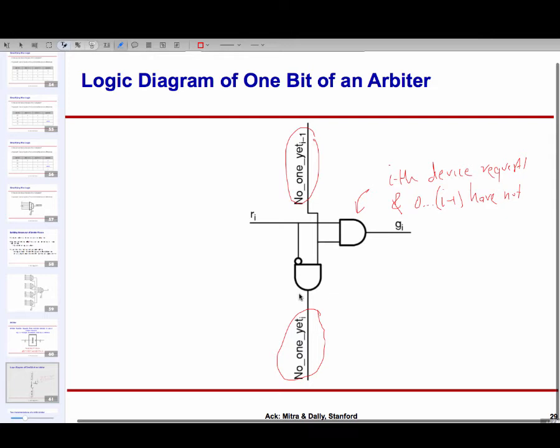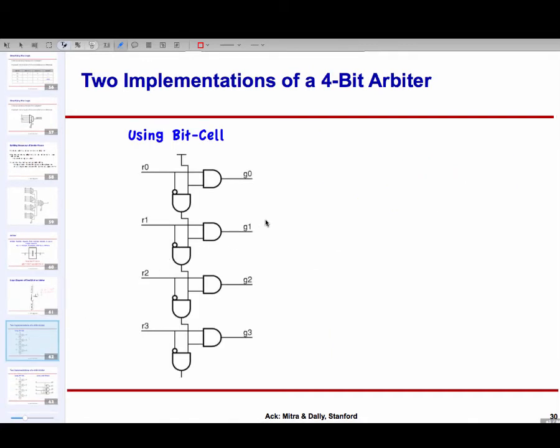I don't even have to do that. I think just chain them together. Next stage, I repeat this logic, tie the outgoing of this to the incoming of that, and keep going like this. The only thing I have to worry about is what happens at the very beginning. You select it to put it to 0, no one yet, right? So this is what it looks like.